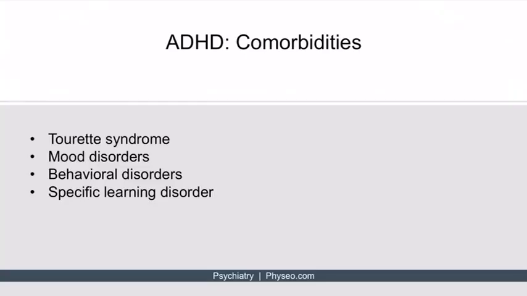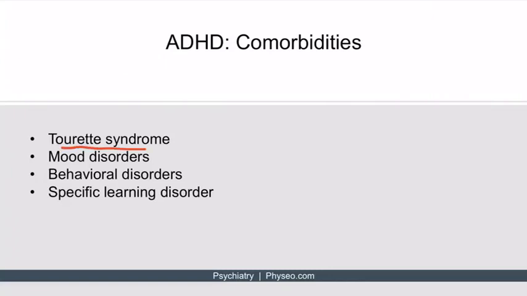Although ADHD can be comorbid with a host of other conditions, proper diagnosis should involve the exclusion of other related conditions as the primary cause of dysfunction. For example, there is a high rate of ADHD in kids with Tourette syndrome. Only about 10% of kids with ADHD also have Tourette's, but about 70% of kids with Tourette's have ADHD.